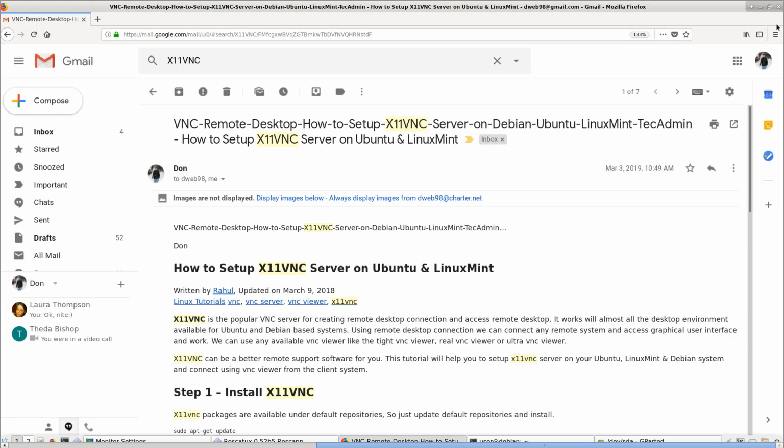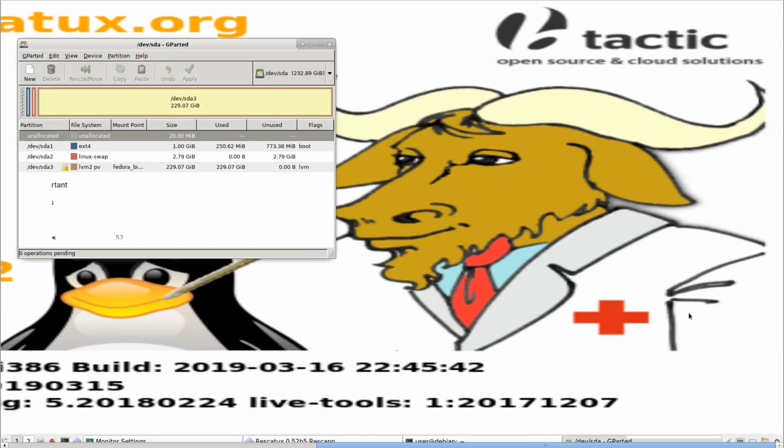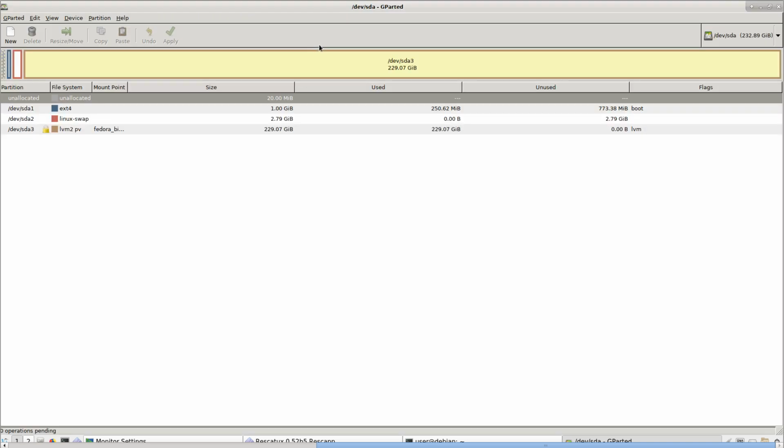I don't need the web browser. I think I'm done with it, so I'm just going to close it. That's the thing that uses up all your resources. Let's see. Now I'm going to make that full screen just so it can be read better. Now this is Gparted Partition Editor. It's very powerful. You can just fix or destroy your system with it. And this is my hard drive